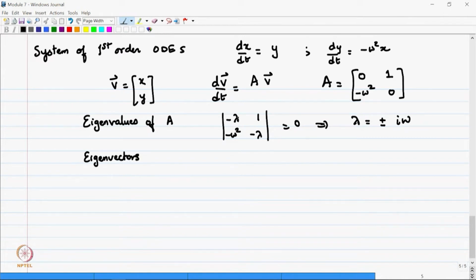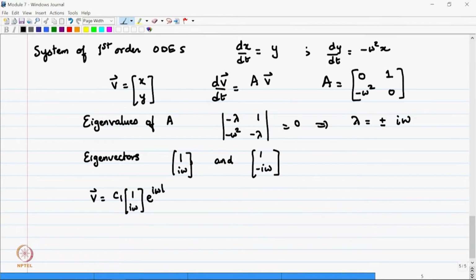In this case, you can easily see that the eigenvector should have this property. So it will be 1, i omega and 1, minus i omega. Okay, so if the first constant is arbitrarily chosen as 1, you will get the second one as i omega and minus i omega based on the value of lambda. So I can write the solution V is equal to C1 times (1, i omega) e to the i omega t